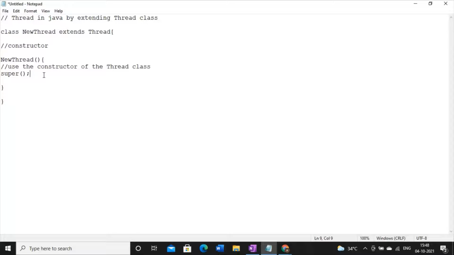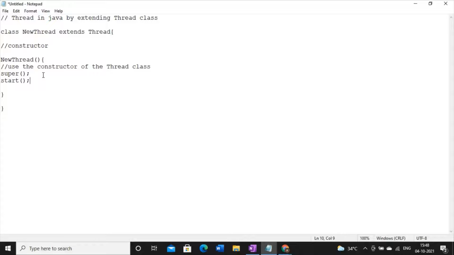Now what do we have to do? Inside this constructor, the first step is you have to call the superclass's constructor. Then you have to invoke another method, which is a predefined method, and that method is known as the start method.